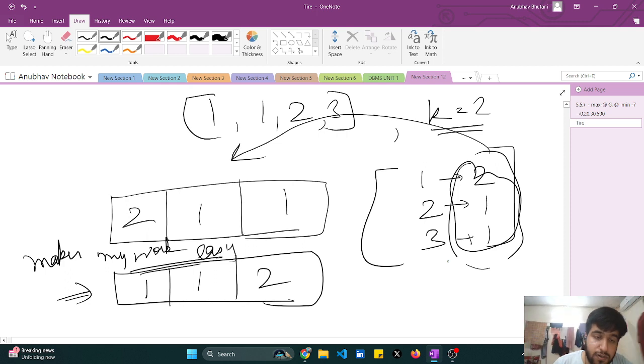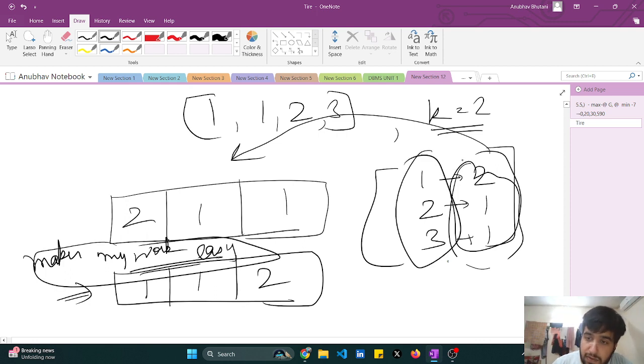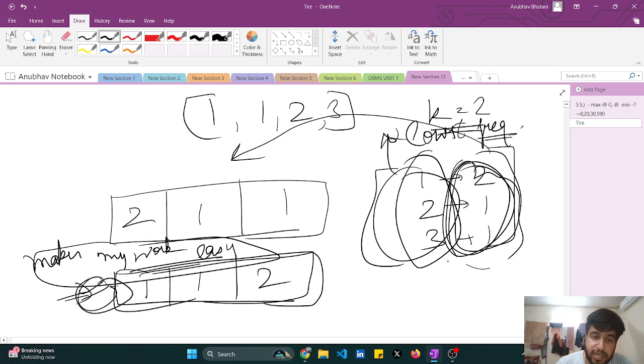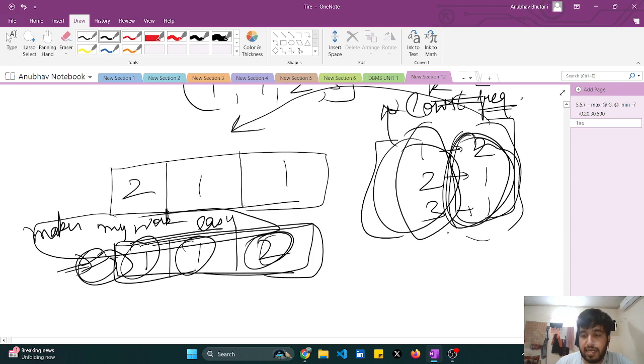How? I don't have to traverse it all the time to get the lowest frequency. My array is storing all the frequencies already, in sorted order only. So what I'll do now is